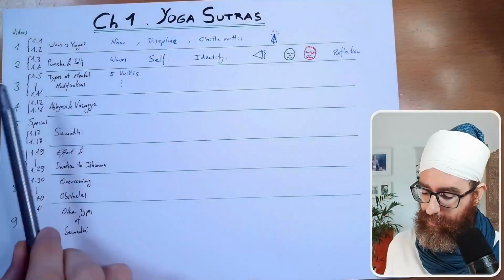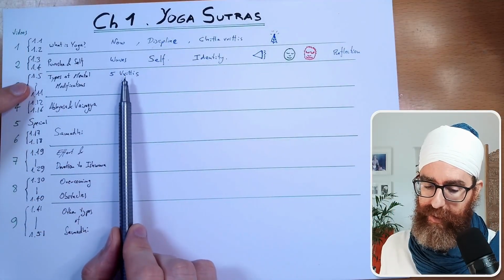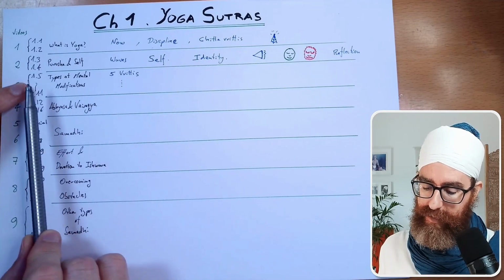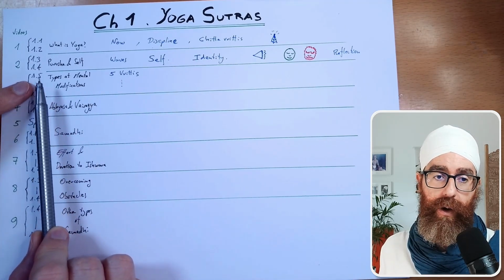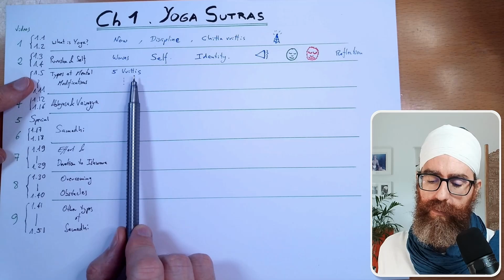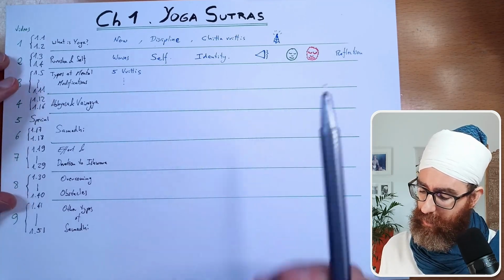So a vritti in memory, for example, would be how having an experience in my life will color my memory, and that memory stays like a vibration that is going to affect my perception now. So these are the 5 different kinds of vrittis, and I forgot to mention 1.5 before Patanjali goes into the 5 vrittis. 1.5 was saying, look, all these types of vrittis can be what he called